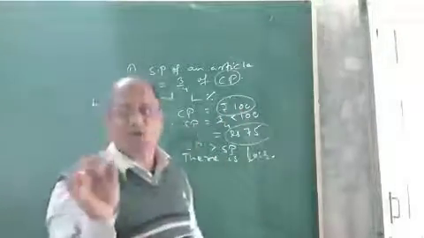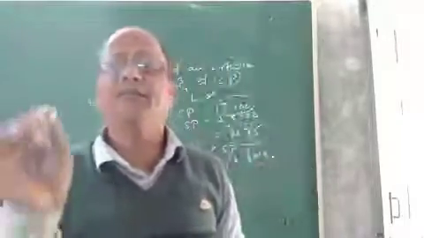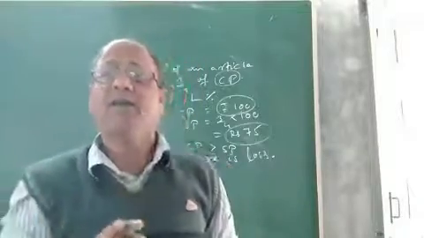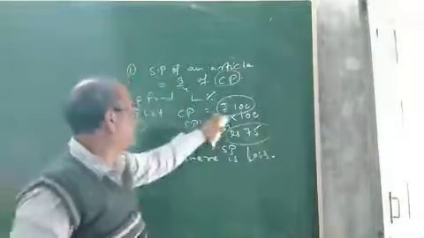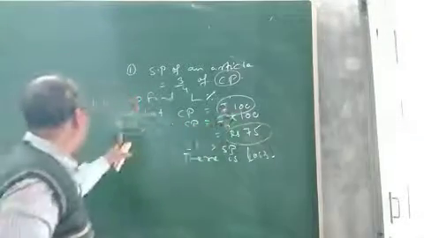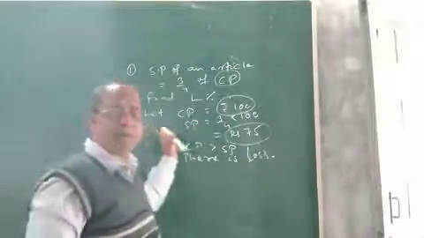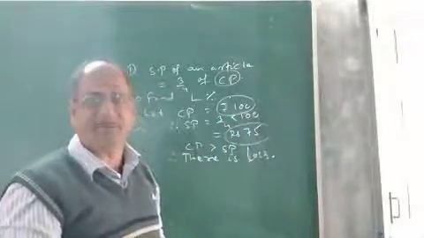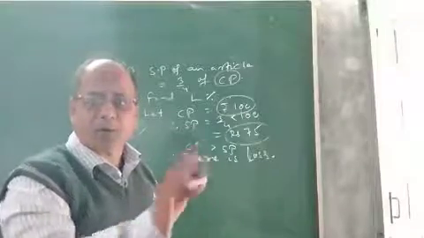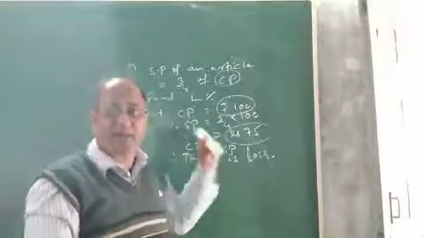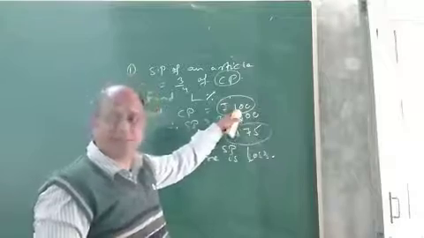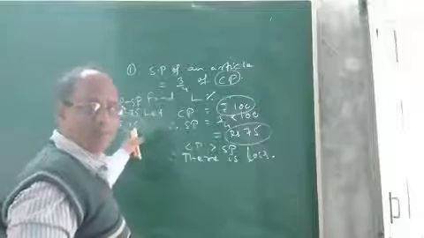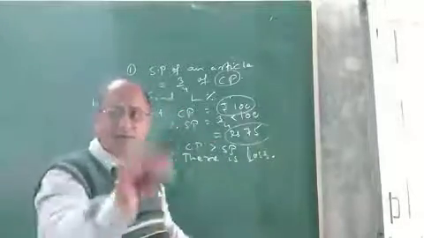Children, you know that profit percent and loss percent are always calculated on what? They are calculated on the cost price. They are never calculated on the selling price. So in this case, as the cost price is 100 and the loss is 25 rupees, this 25 rupees loss is out of how many rupees? 100 rupees. So no doubt the loss percent will be 25%. But how to find it? By the unitary method: out of 100 rupees, when CP is 100, the loss is 25. That means the loss percent will be 25 by 100, or 25%.